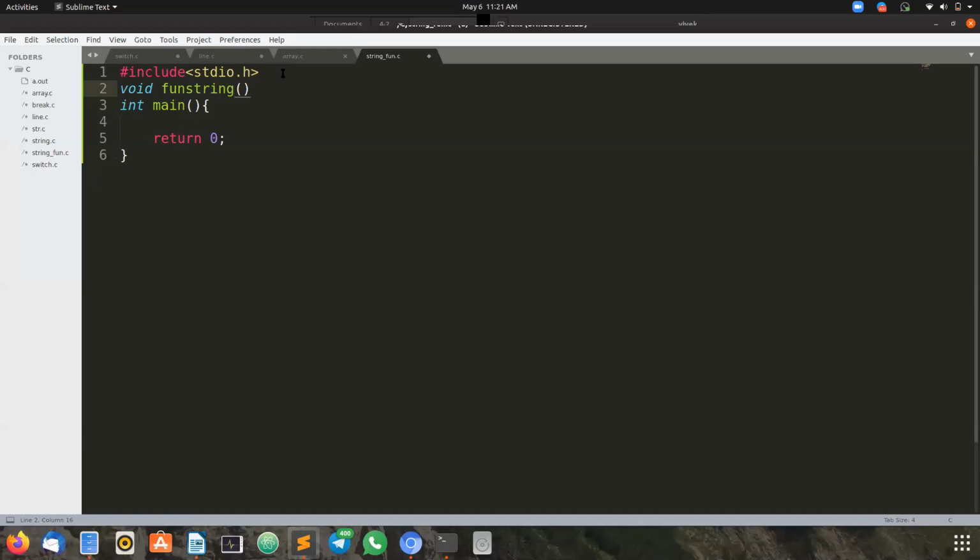But I'm taking the parameter. The parameter type is character data type, as we are dealing with the strings. So this is a prototype of a function.